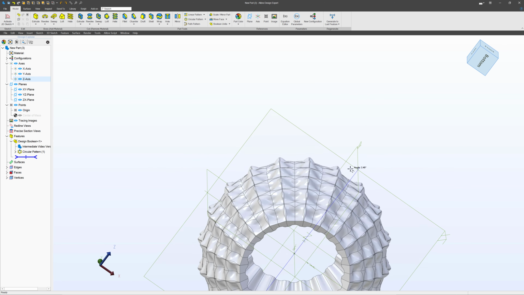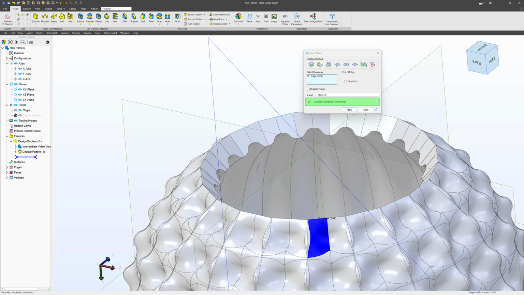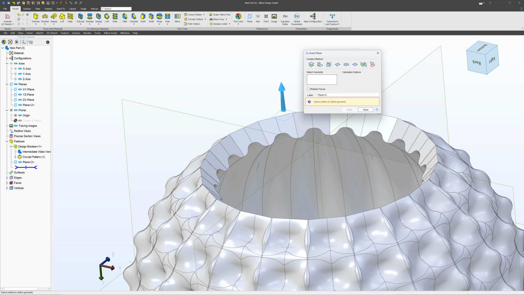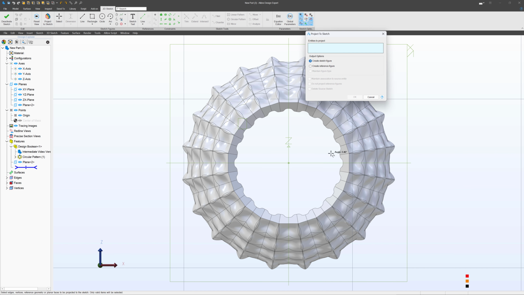All right, with that modeled, I want to make a plane on the bottom of this here. So we're going to say plane, and I'll select 2 of these line segments, and we have a fully defined plane. And then we'll start by making a little base for this, which should be a lot of fun. I want to make a sketch now, so we'll say sketch on this plane. And you'll notice because of the way that I made the plane, I don't really have an origin here. So actually, before I make my circle,